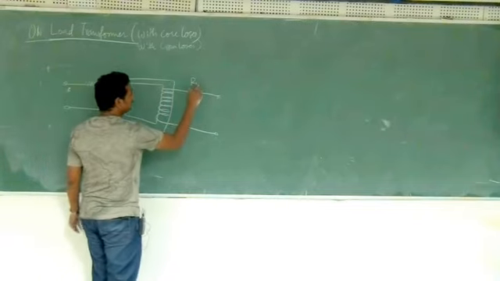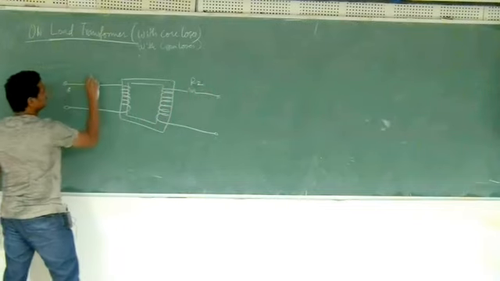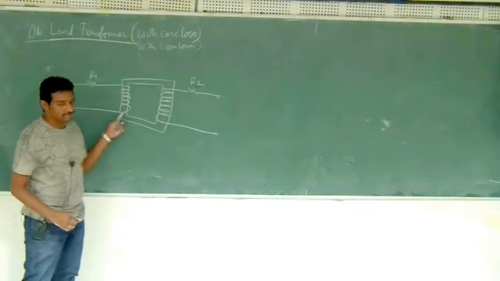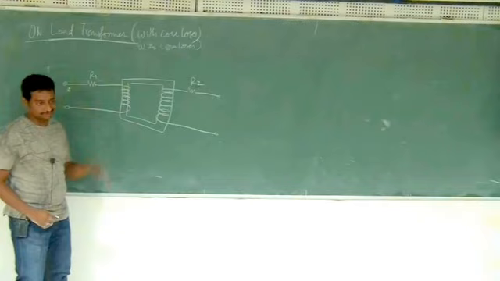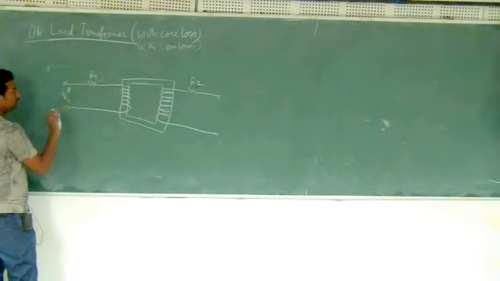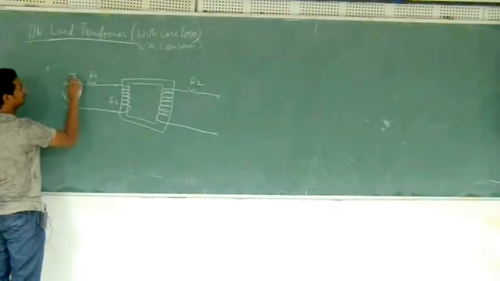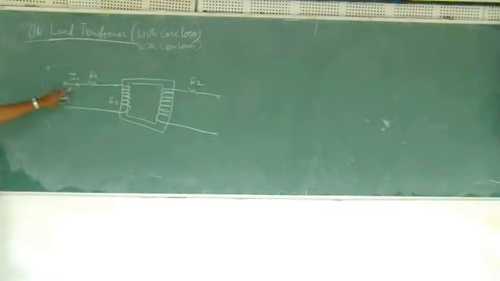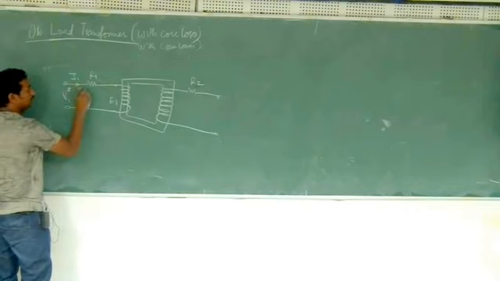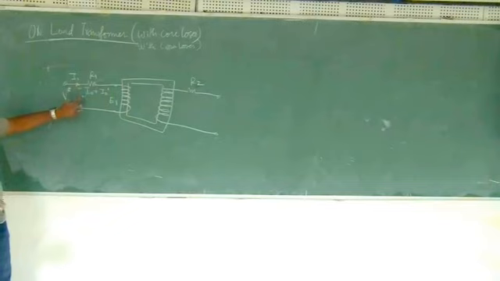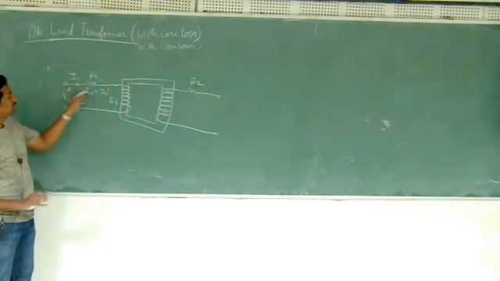Let us call this R1, and this is R2. R1 is the primary resistance, and this is actually the resistance of this winding, but I am drawing it outside to show that. So this is terminal voltage V1 and this is the induced EMF E1. And this is the current I1. I1 is still the same thing: I0 plus I2 dash, where I0 is nothing but IW plus I mu. So that is still there. Everything is same except that I am getting this one.